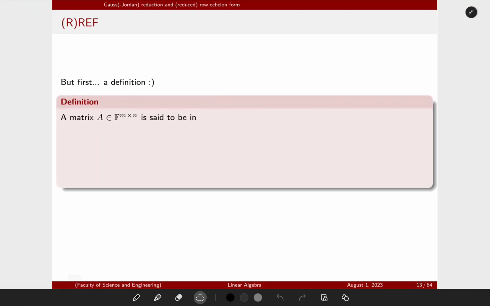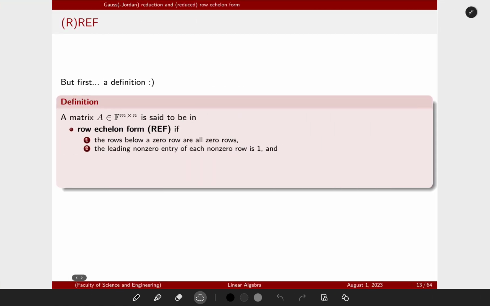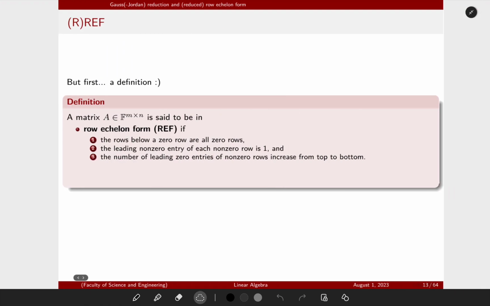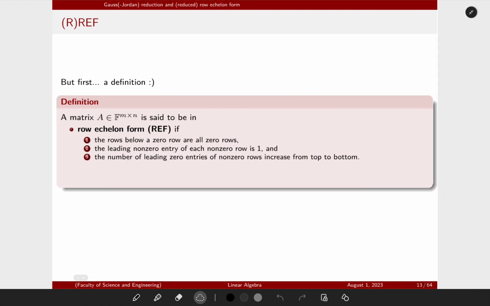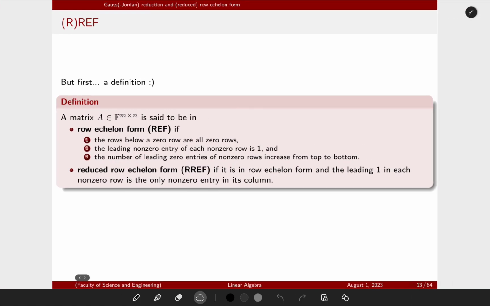This will be quite a long definition, so bear with me. A matrix in Fn by n is said to be in row echelon form if the following conditions are satisfied. The rows below a zero row are all zero rows, the leading non-zero entry of each non-zero row is a 1, and finally the number of leading zero entries of non-zero rows increases from top to bottom. I will show an example of this later. For now, just try to understand what this says, and if you need to, reread it and rewatch this part. And it is said to be in reduced row echelon form if it is in row echelon form